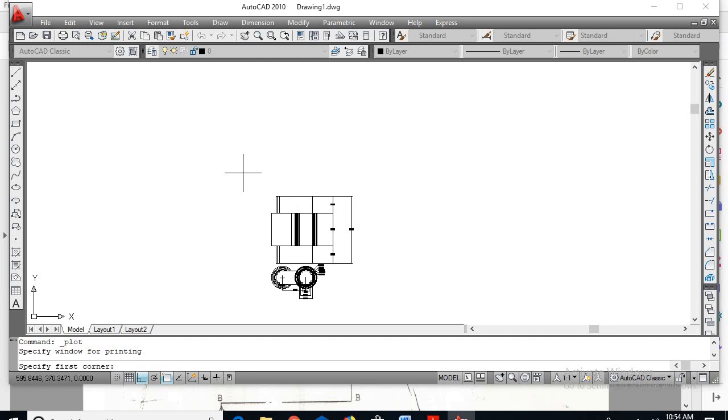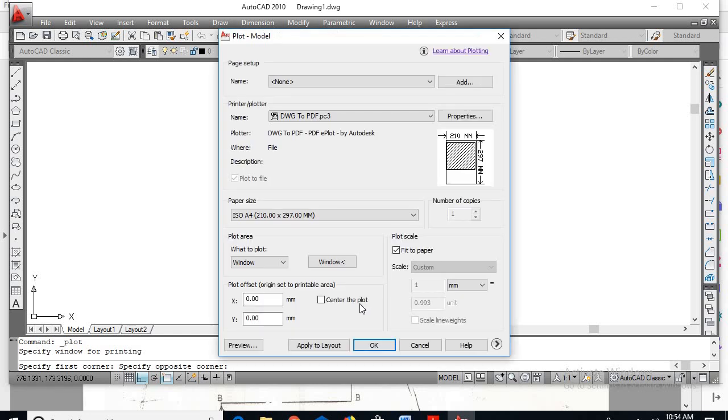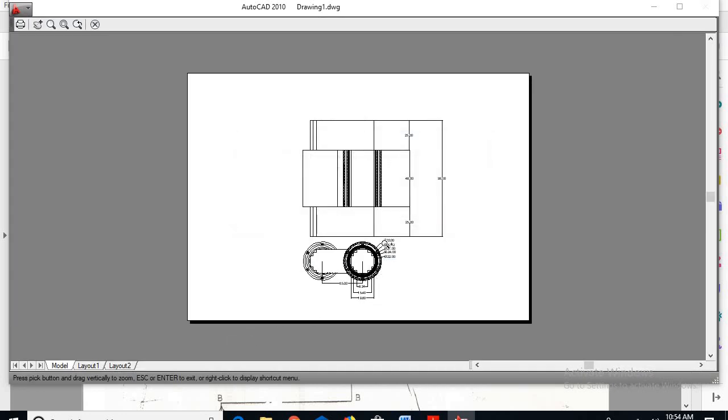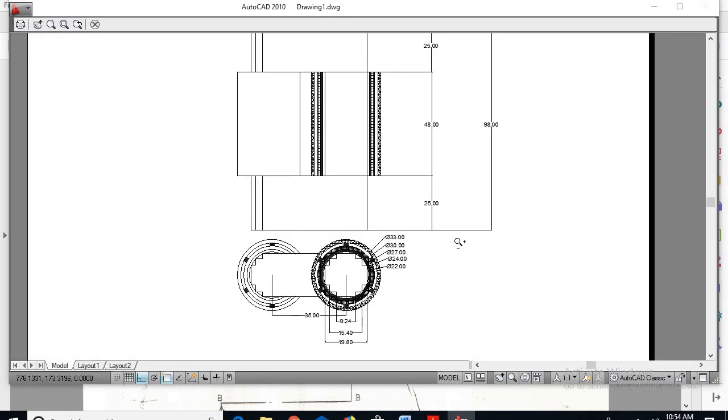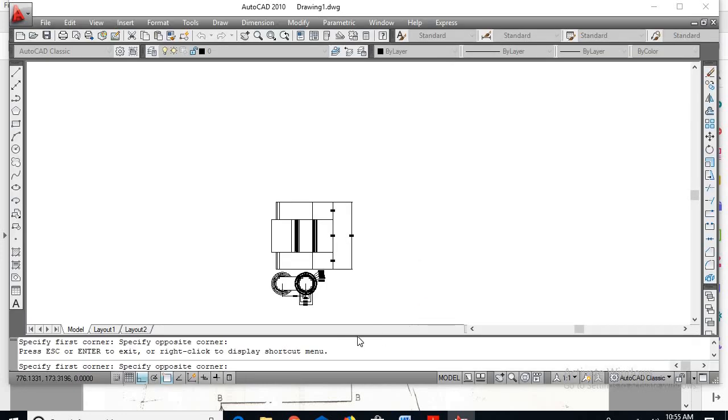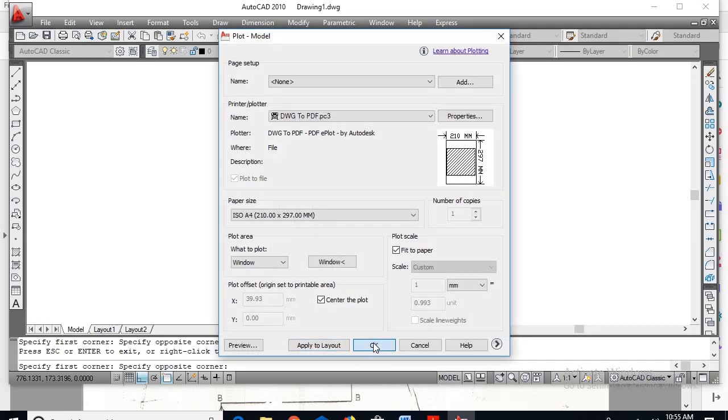Now select this picture, say center the plot. If you want to see the preview, you can see it. It will be looking like this. Say OK.